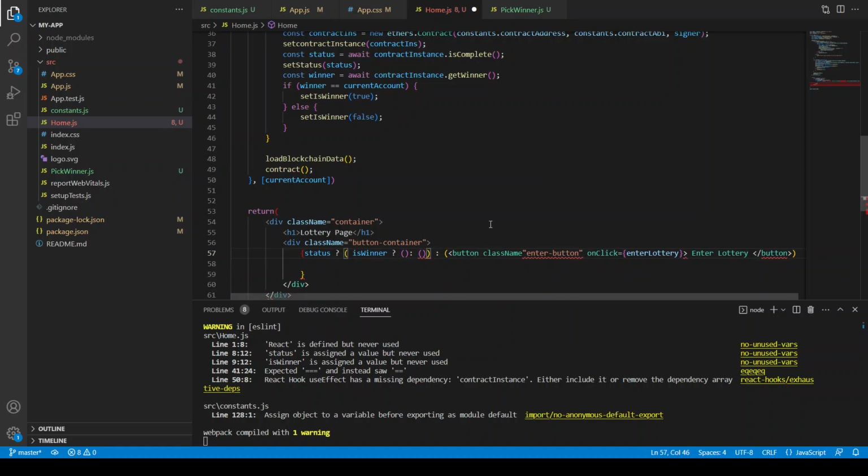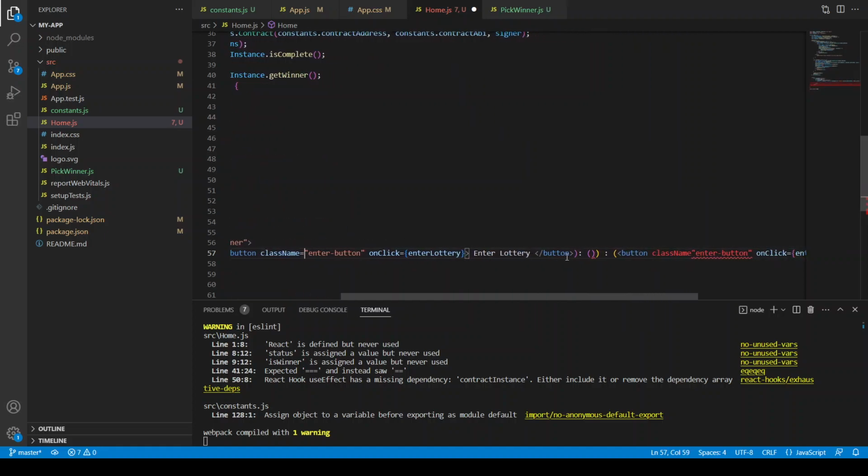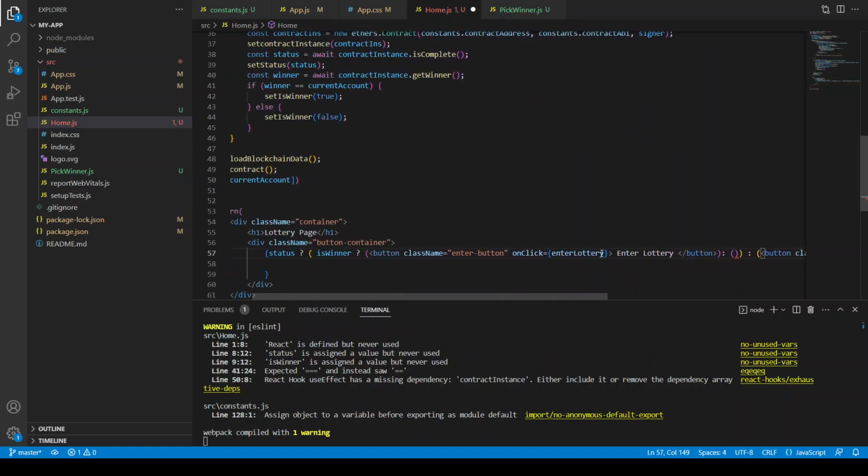If it's a winner, then we're going to copy this thing and paste it here, and it's not enter lottery, it's claim prize, and I'm going to explain it. Claim prize, and it's the enter button. Otherwise it should show that it's a simple